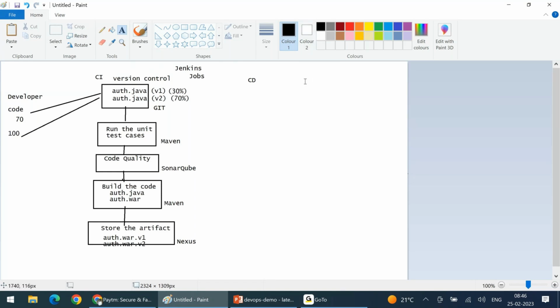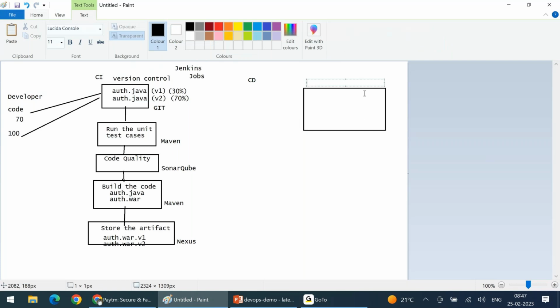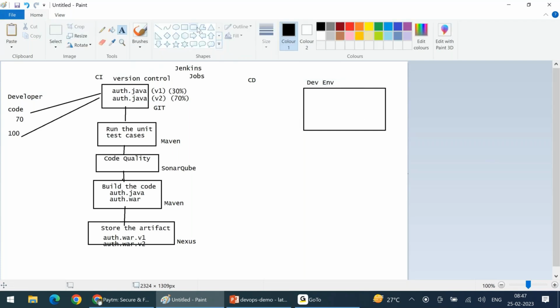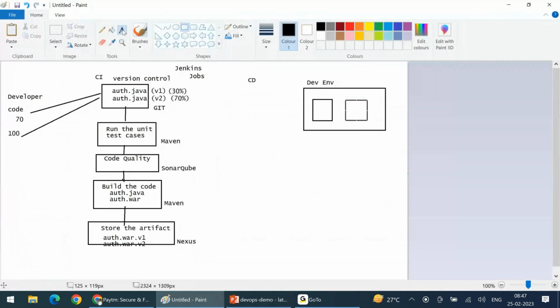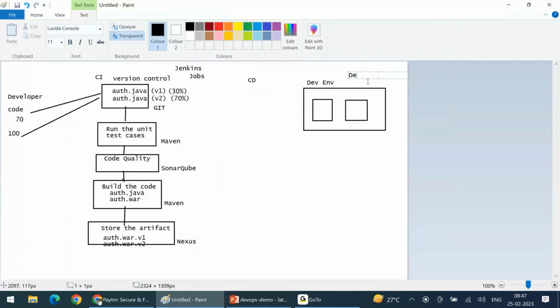like the development team. They will use an environment called the development environment, right? So in this environment you are going to have the servers, a group of servers like this. Environments are going to have a group of servers, right? So now here the development team validates the code to make sure their code is properly working,